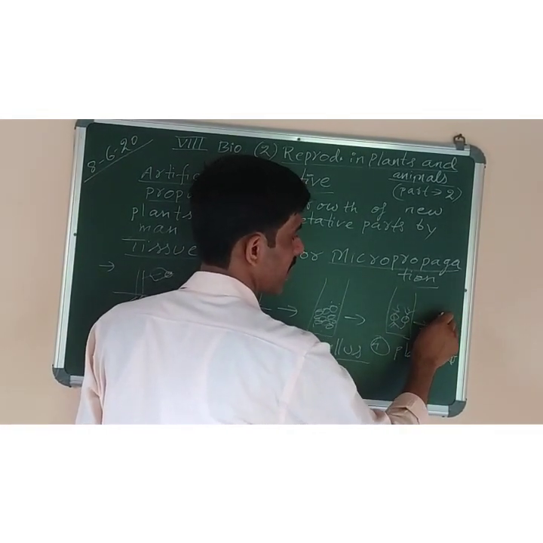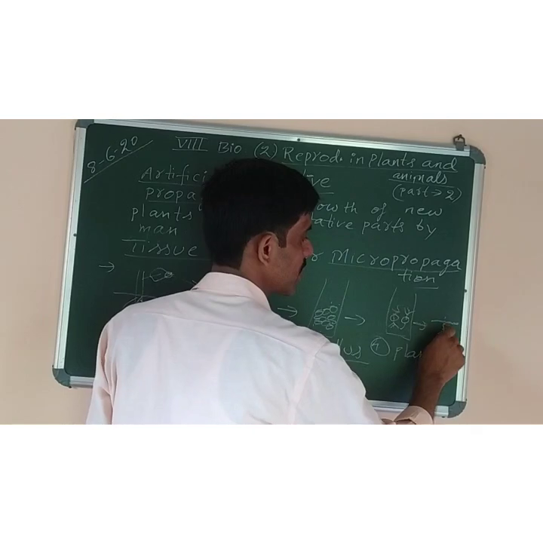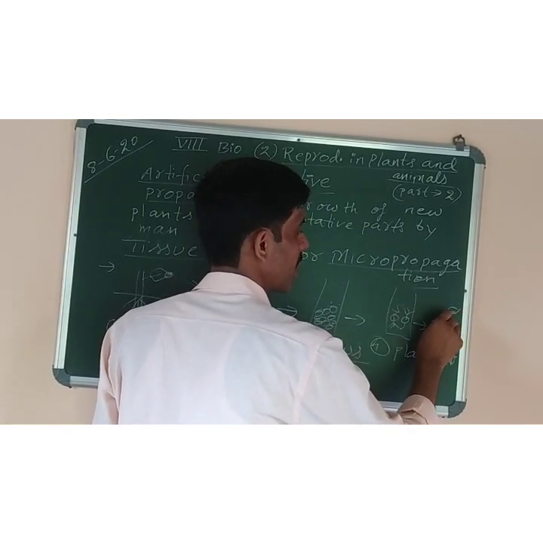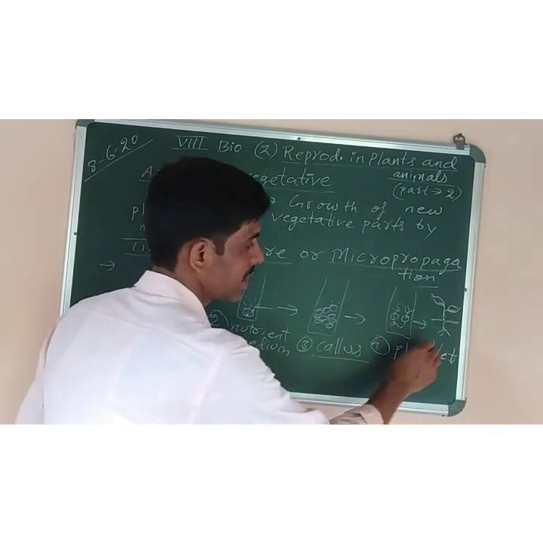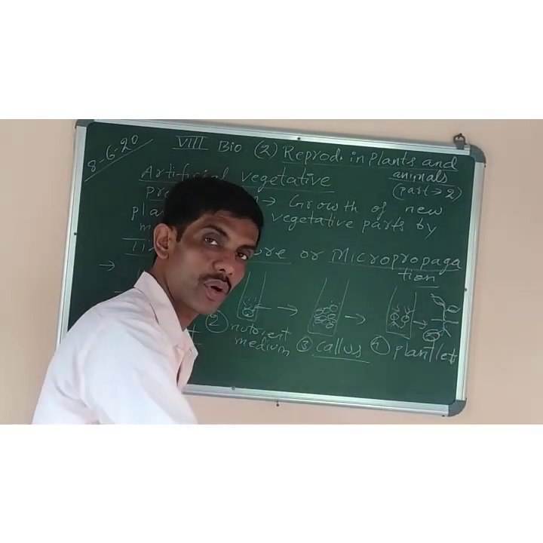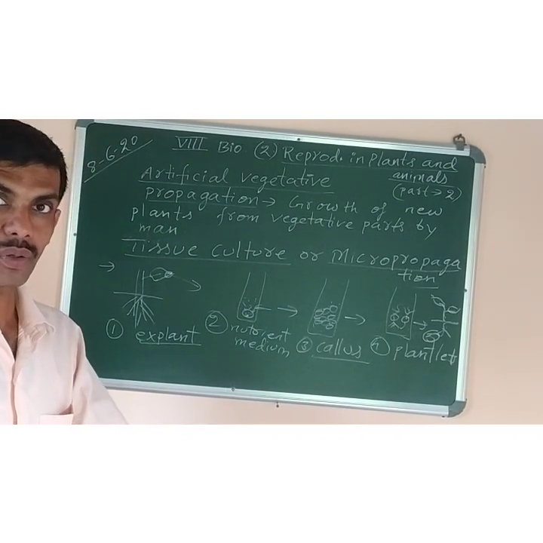That is the fifth step, that we can put these plants into the soil, and these plants will now develop, they will grow into a new plant. So that is the last step, that is number 5. The plantlets are grown in the soil, like what we do to the normal plants.